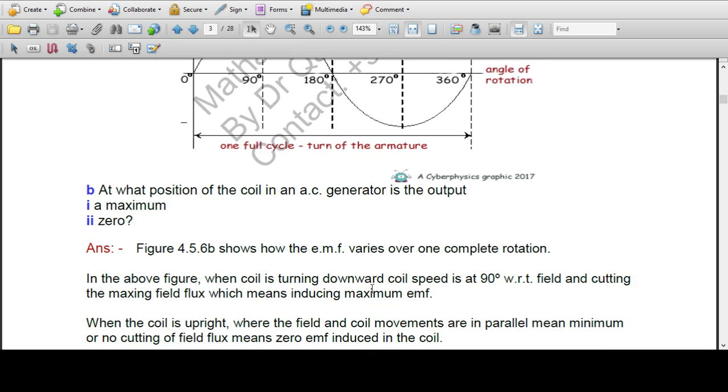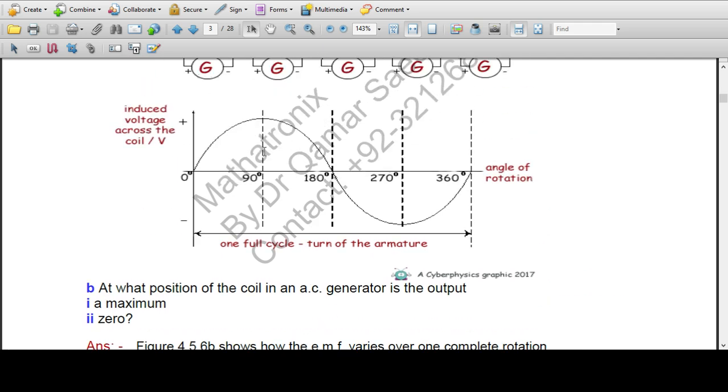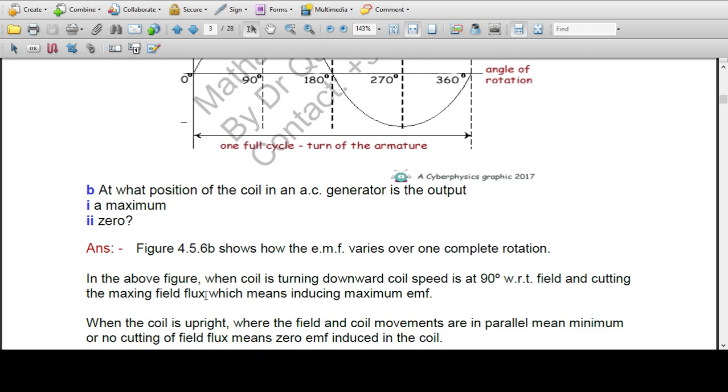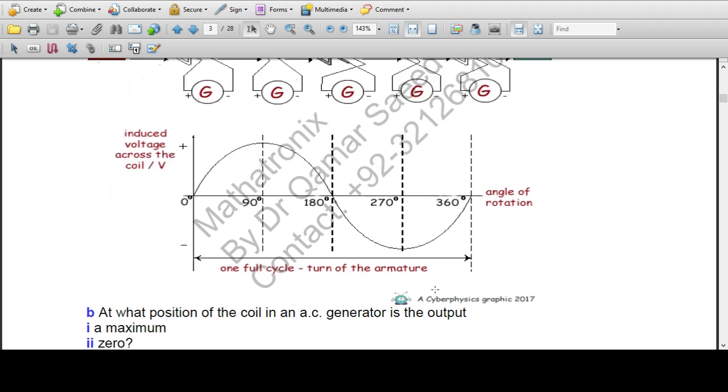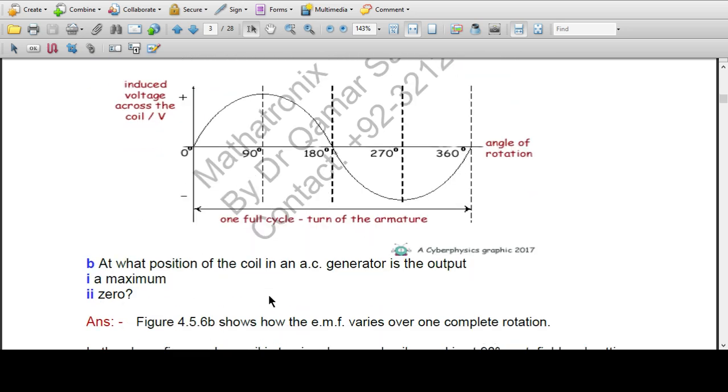When the coil is turning downward, the coil speed is at 90 degrees with respect to the field and cutting the maximum field flux. This magnetic field is cutting, maximum linkage is there, which means inducing maximum EMF at this point, because this wire is going down, moving in this direction, and this conductor is moving in this direction. At this position the maximum EMF is induced,